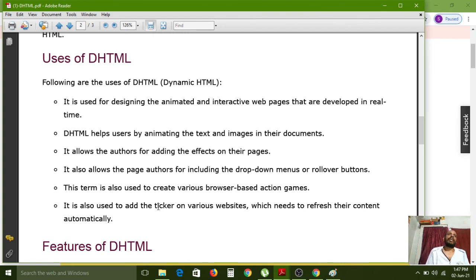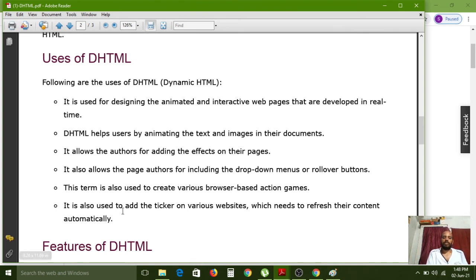Yes, by using dynamic HTML, browser related games also we can develop, because if you give any instruction, automatically based on that instruction it will change the mode. Those types of applications are called DHTML applications. But if you use pure HTML, you cannot give the instruction directly, and you cannot change the direction of the web page by using pure static HTML. Understand? It's not possible by using static HTML, but by using DHTML we can develop this type of applications.